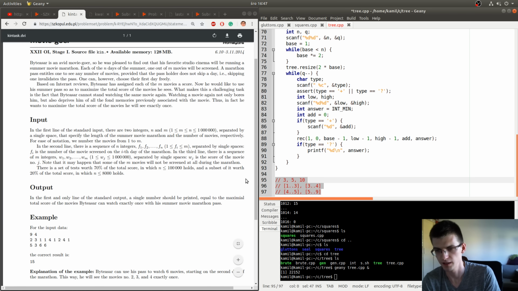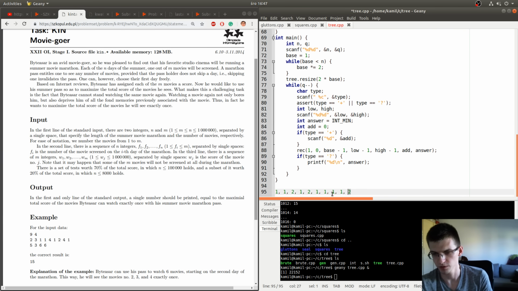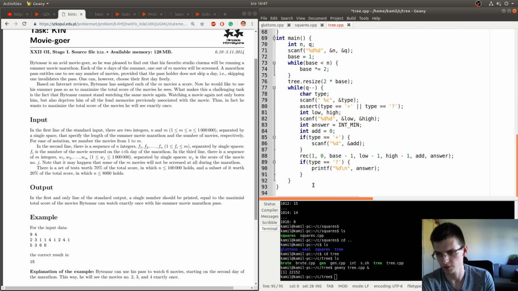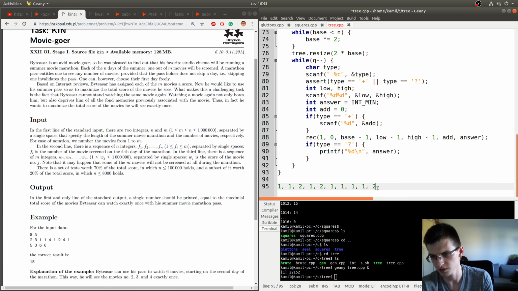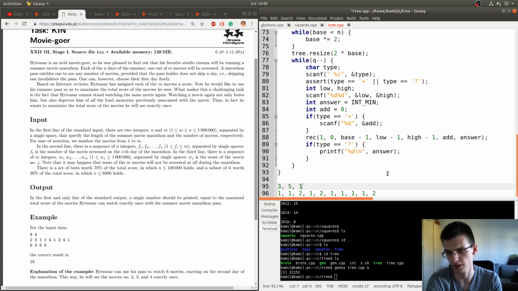So let's say that there is some input, I don't know, 1, 1, 2, 1. So I try to create an input for which some movie also appears at indices 3, 5, 10.